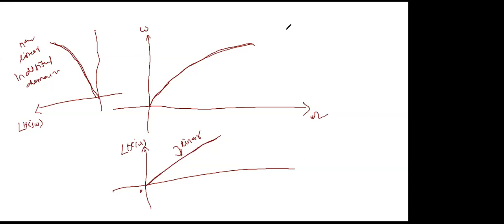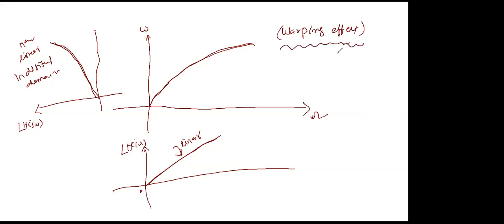This is happening because of the warping effect. Warping effect means, as I already said, the relationship between the analog frequency and the digital frequency is linear for small values of analog frequency, and it is non-linear when the value is high. Because of non-linearity, we are getting distortion or noise, or we are missing information in the digital domain. That is known as the warping effect.